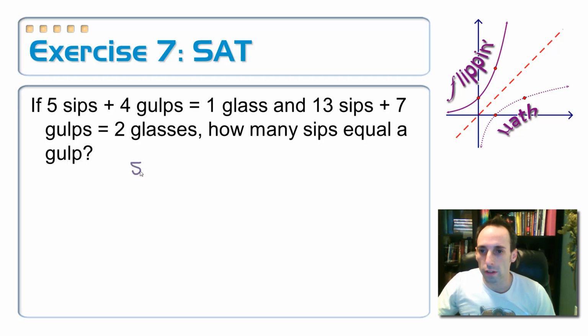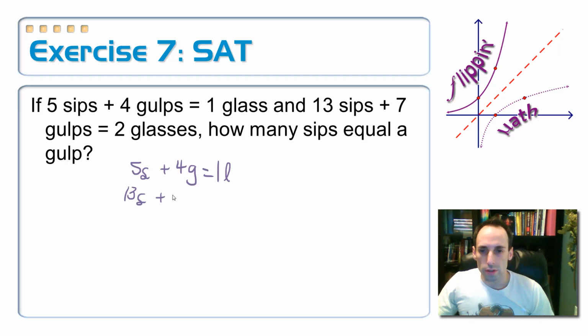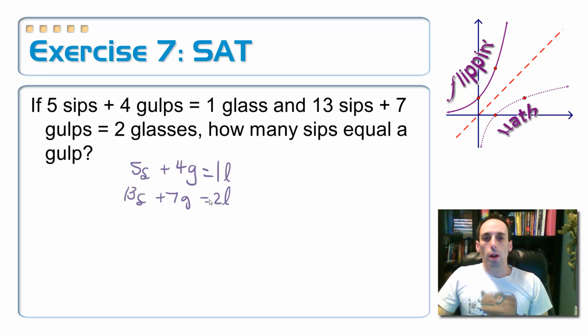How about 5, we'll call that S for sips, plus 4G for gulps is equal to 1. I can't use G, I just used it. How about L for glasses? Okay, and then the second one is 13 sips plus 7 gulps is equal to 2 glasses. Whoops, I was about to put a G. Okay, anyway, L. So I couldn't solve this for each one of the 3 variables because you only have 2